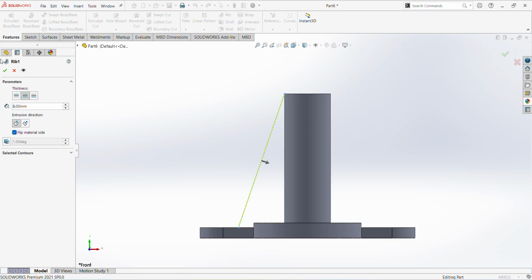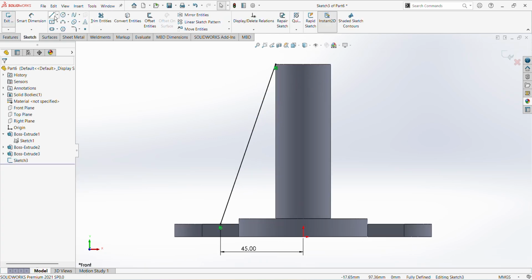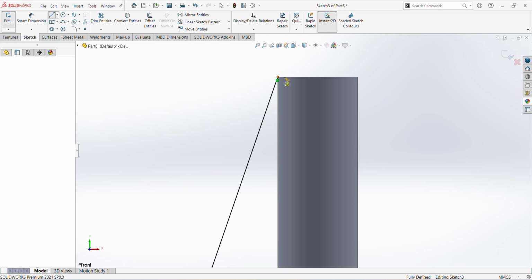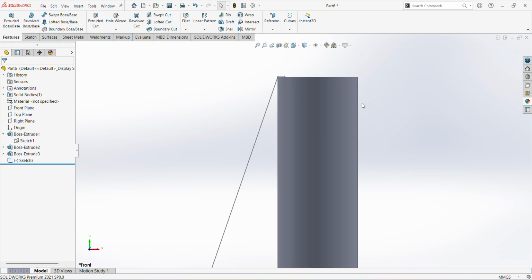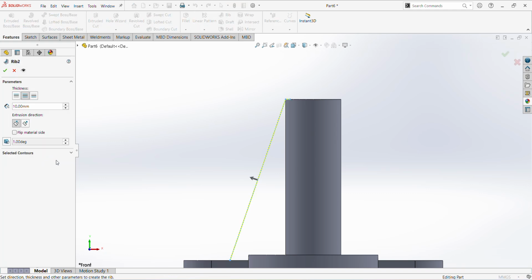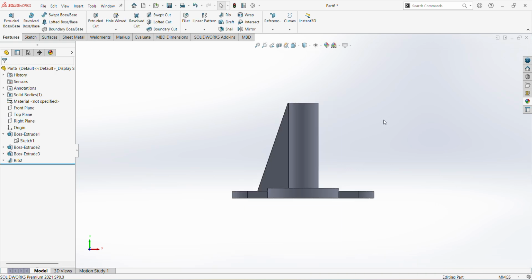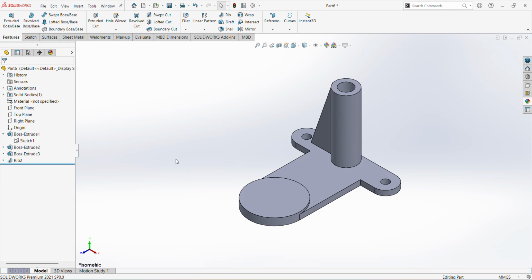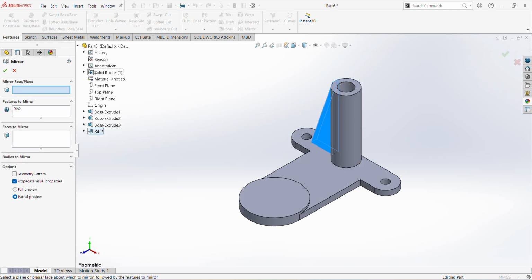Okay, we need to extend little bit line here. Go to edit sketch, just extend this line little bit. Finish sketch. Now select the sketch and give the rib command, reverse the direction, thickness is 8 mm. Okay, Control 7. We can mirror this rib, mirror about center plane, select here right plane. Okay,